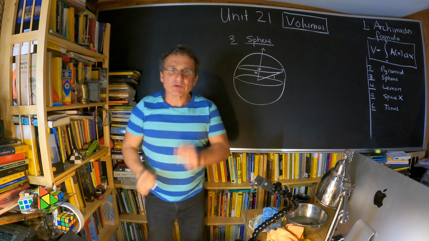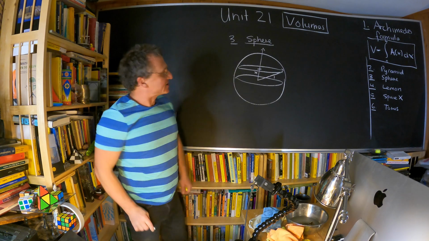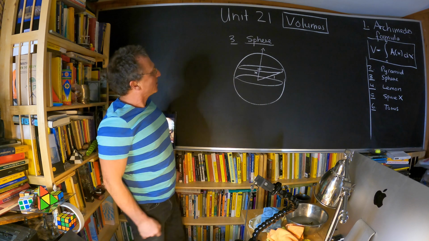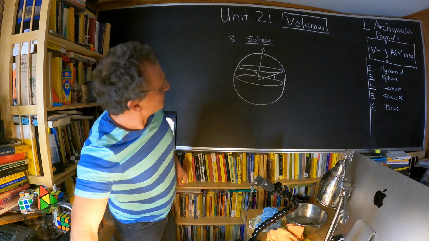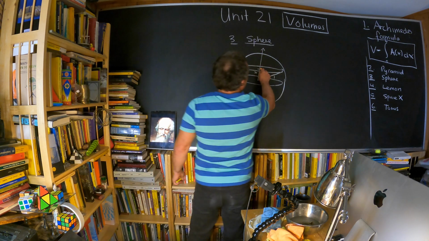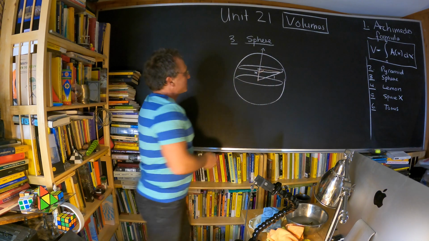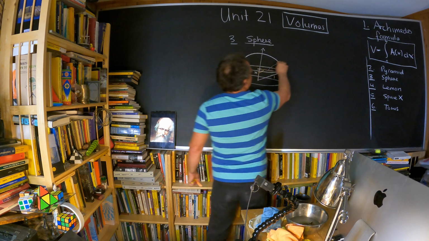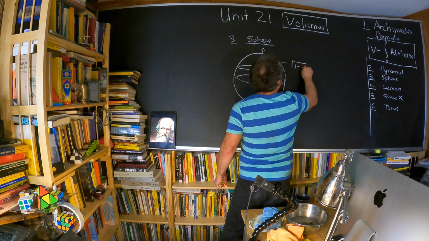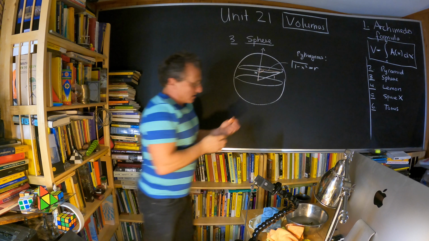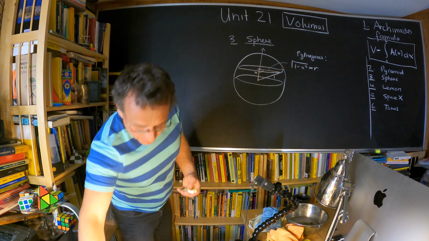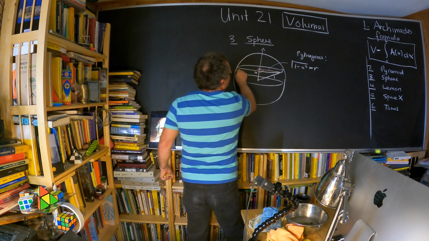Okay, let's compute the volume of the sphere. Let's take the sphere of radius 1 for simplicity. And it's important to look at this triangle here, because this gives us the radius. And this is a right angle triangle. This is 1, if this is x. By Pythagoras, the radius is the square root of 1 minus x squared, and the slice which we have here